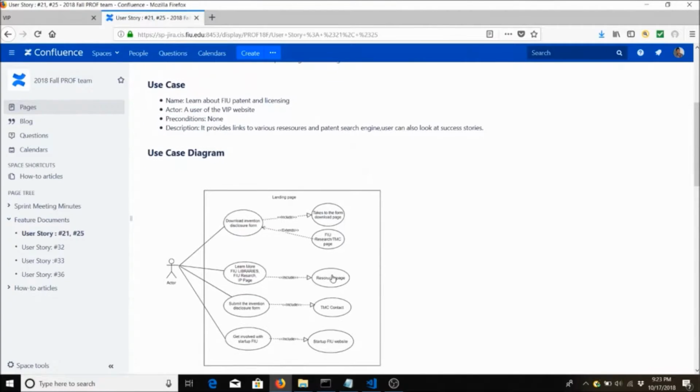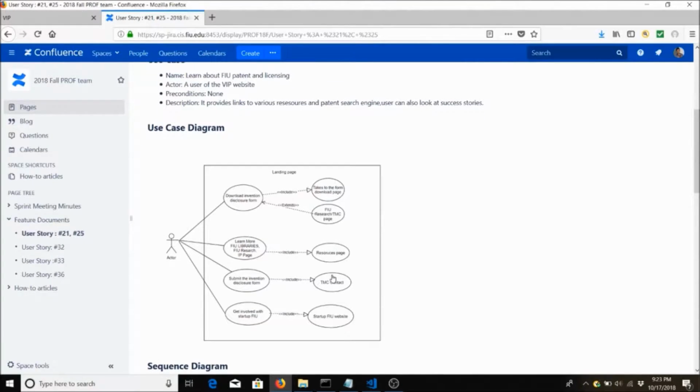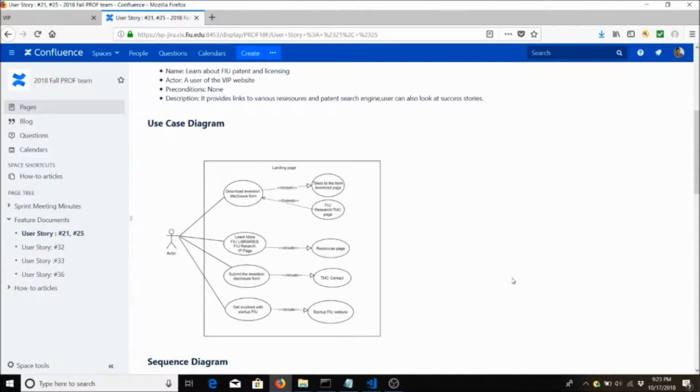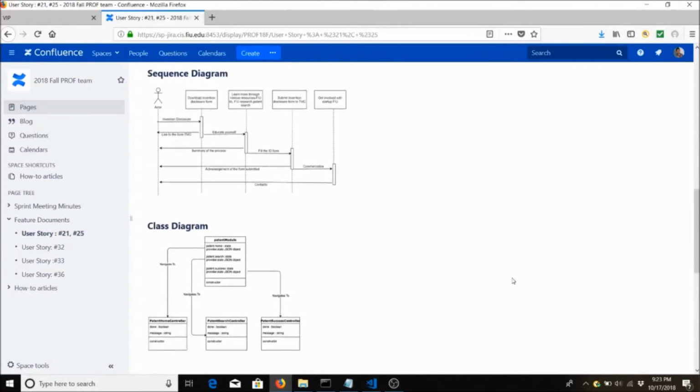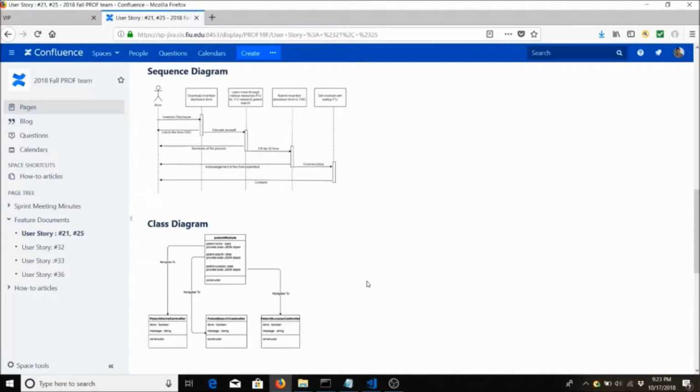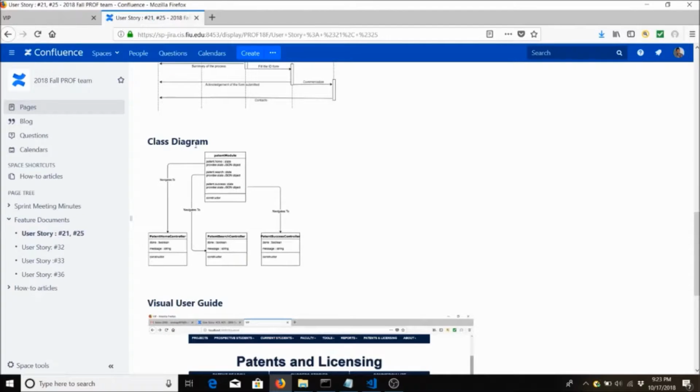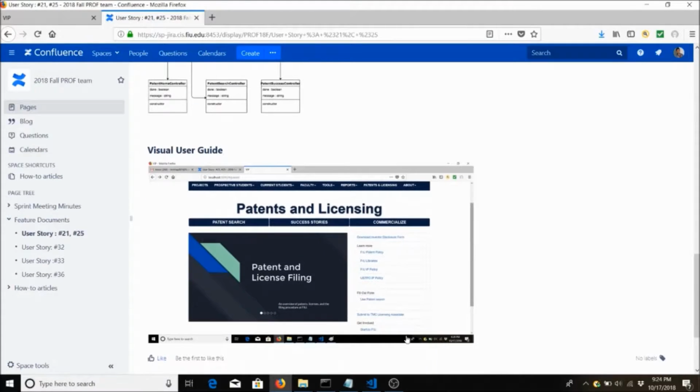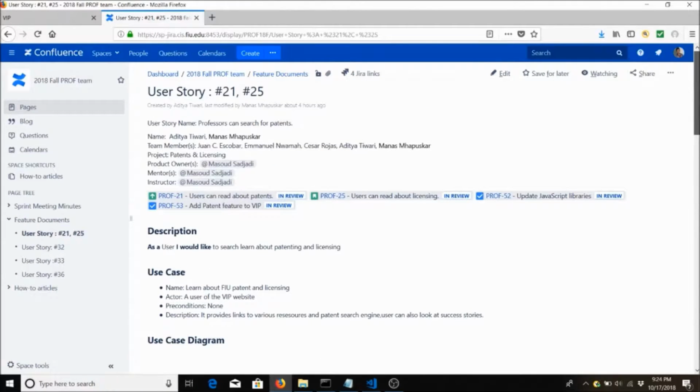I also created the use case diagram for this, followed by the sequence diagram for this. It's posted in the Confluence. You can have a clear view there. The next diagram is the class diagram that Caesar created. And you can also see that we have added the screenshot of the landing page. I also made the sprint planning video for this sprint, and I plan on working on adding